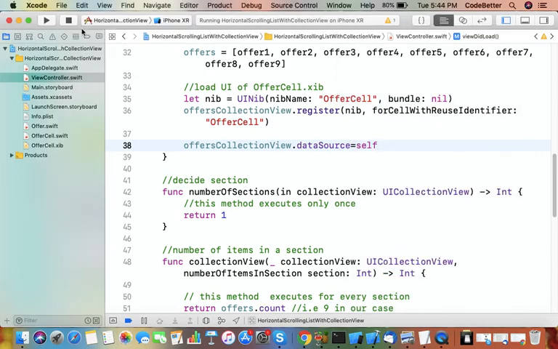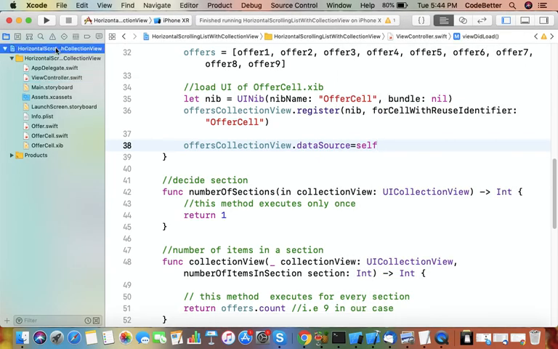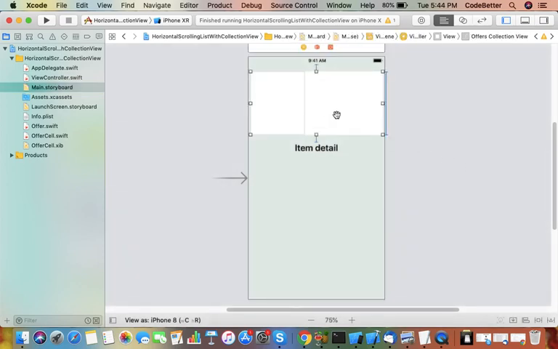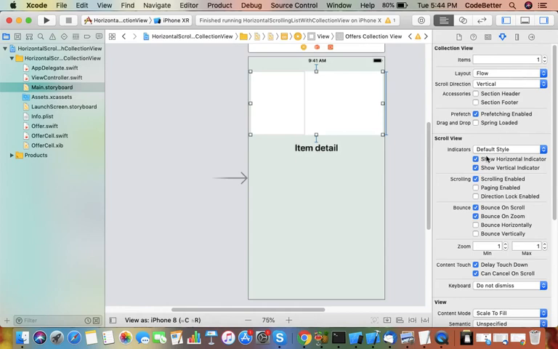So how to make the scrolling horizontal: you go to the storyboard, select your controller, then the collection view, then turn show vertical indicator off, and then set scroll direction to horizontal.